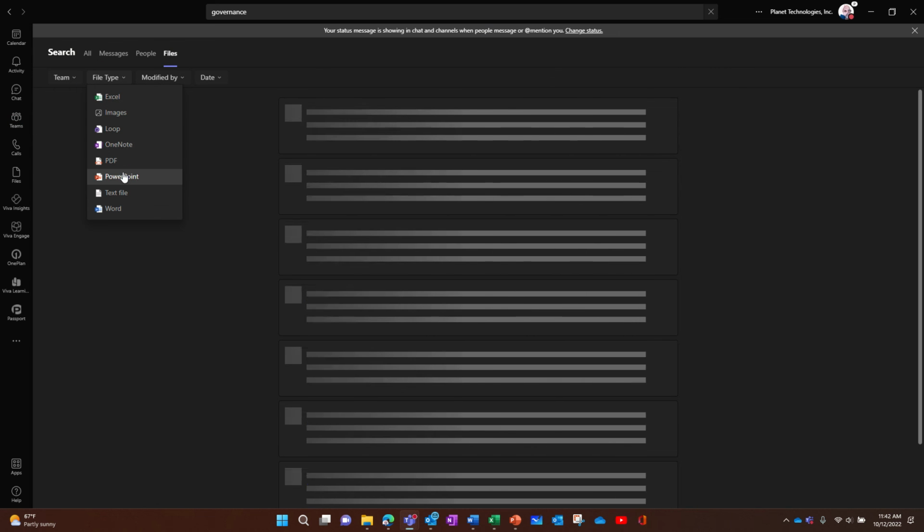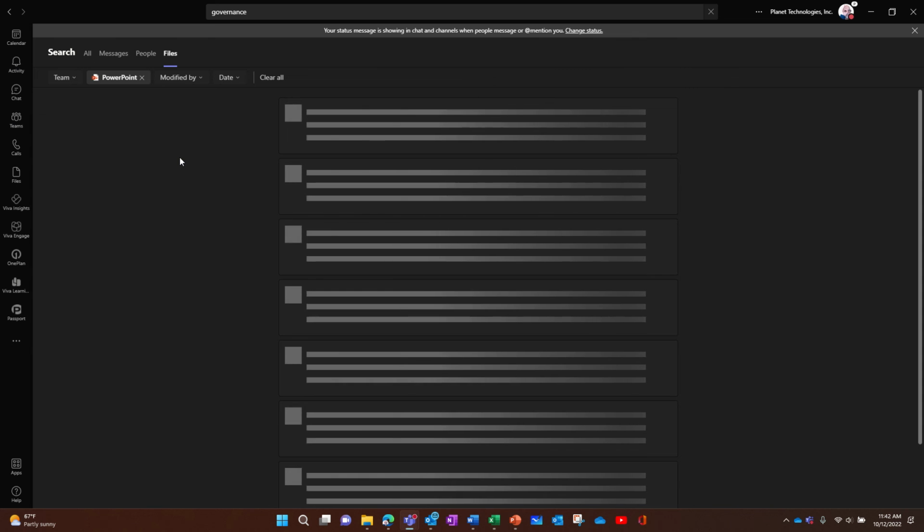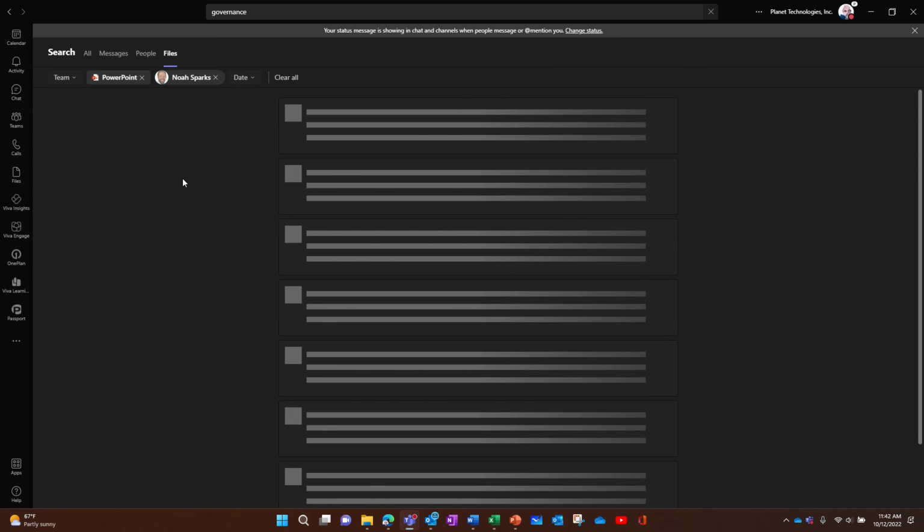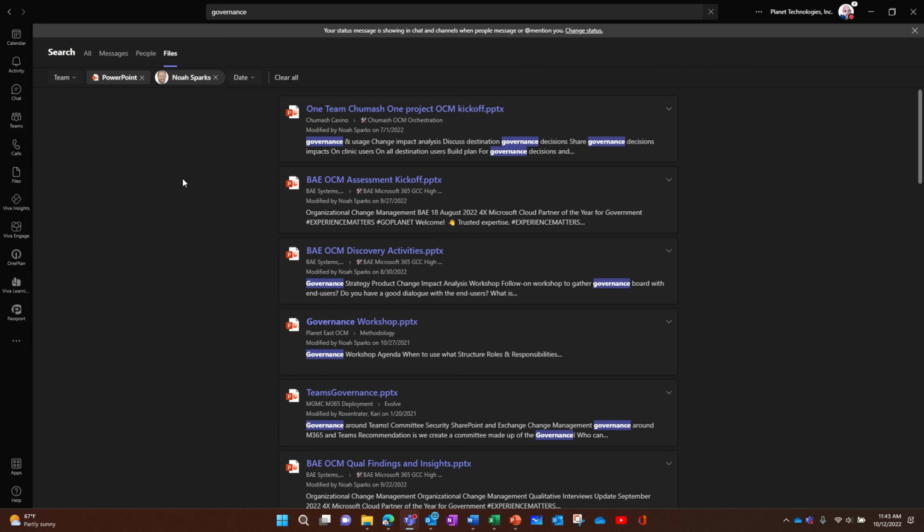So for example, if I'm looking for a PowerPoint presentation, and then I can say, okay, modified by Noah, and you can filter down and find the document that you were looking for with the criteria you have in mind. So it's really, Teams is a really good place to manage your information, because you can save things along